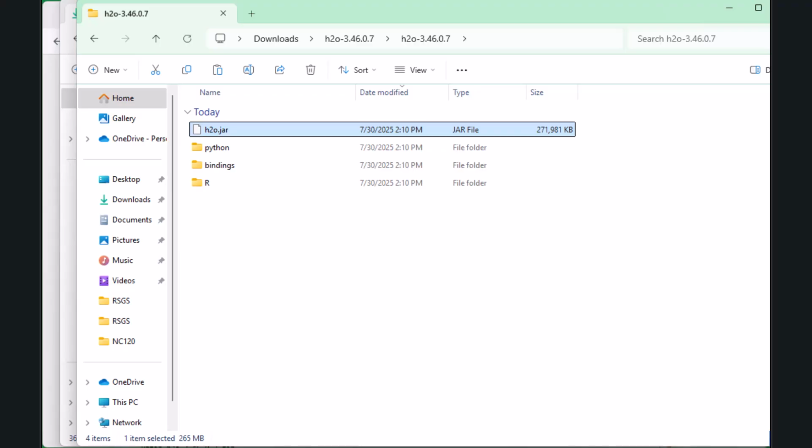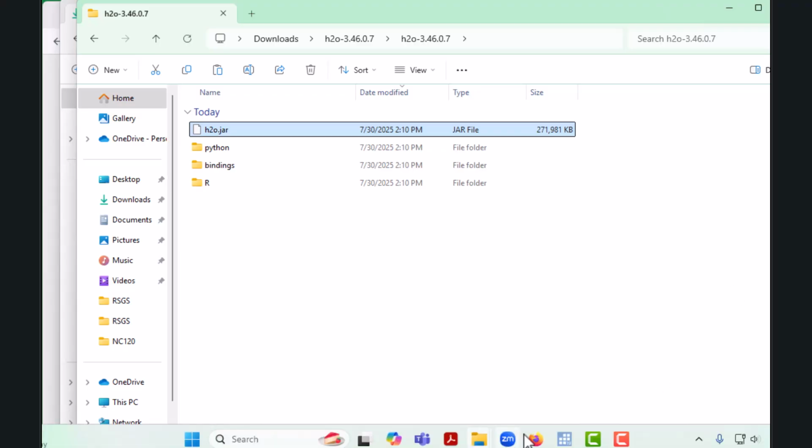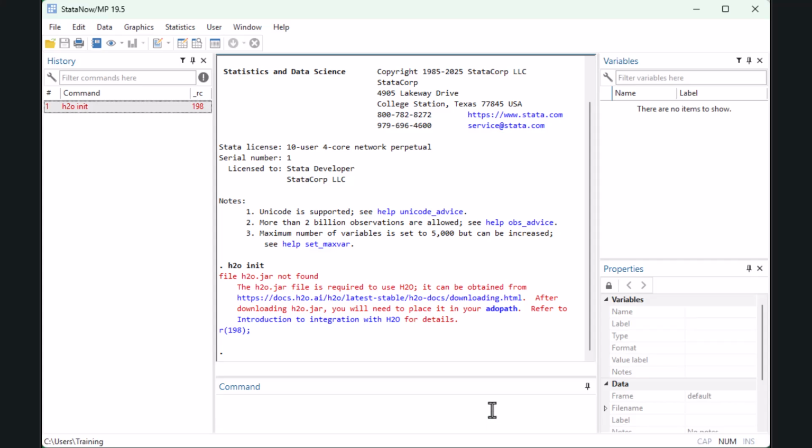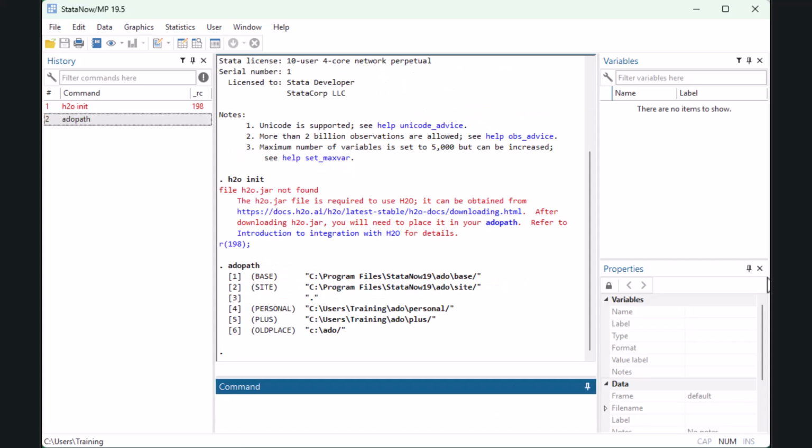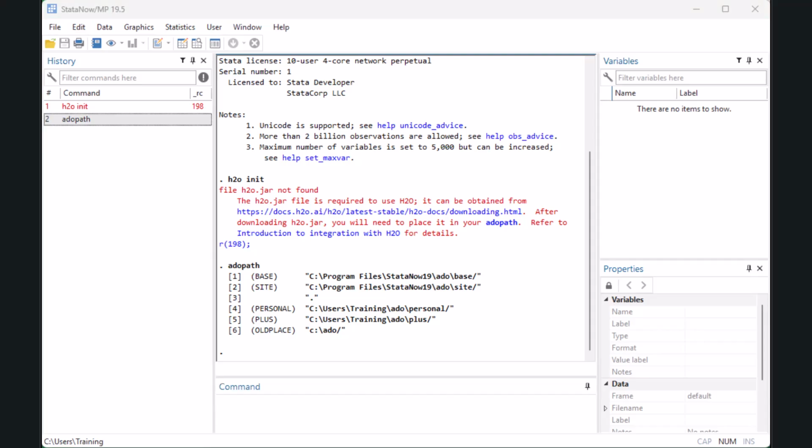You can check your Stata ADO path by going to the Stata command window and typing adopath. We recommend placing the H2O jar file in either the site, personal, or plus directory.